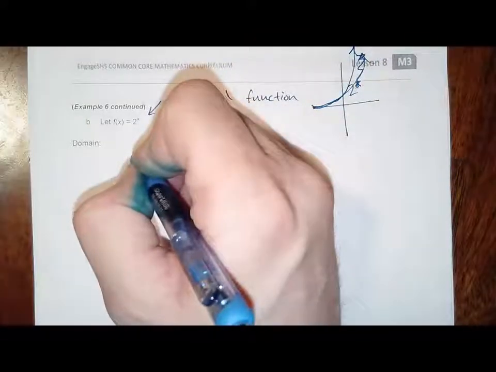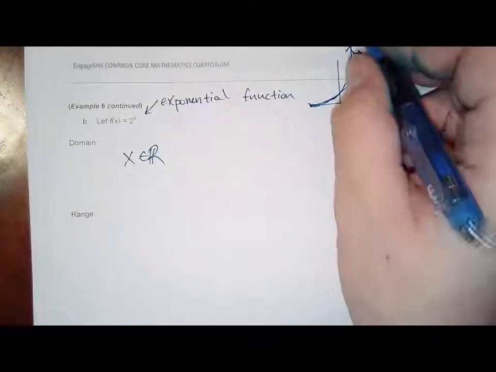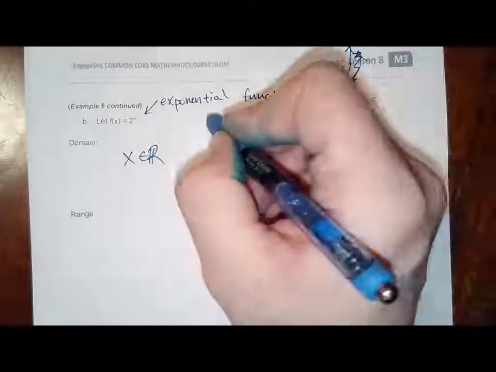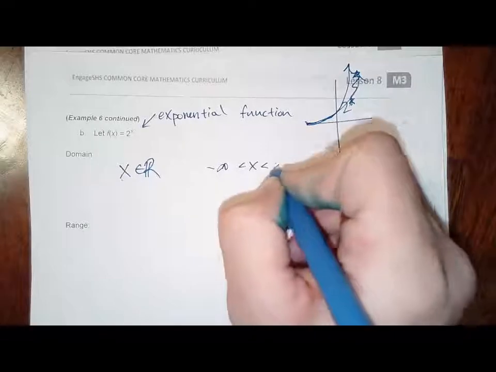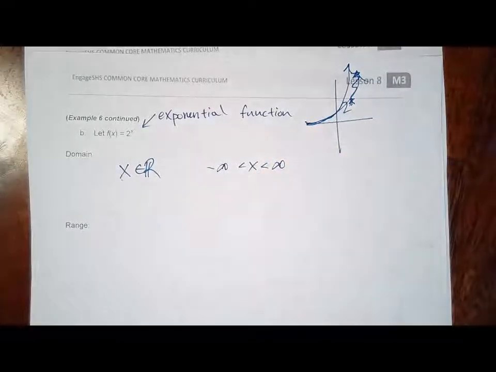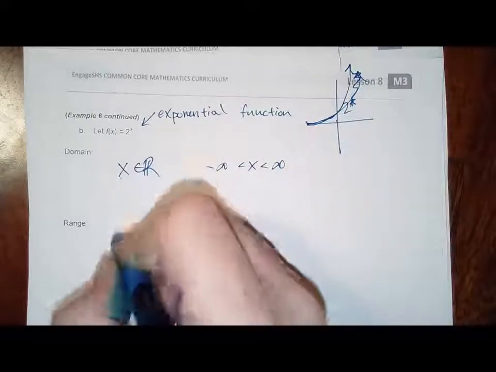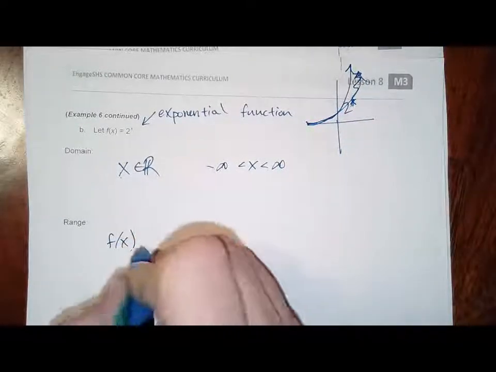Its domain, all reals. It goes up, but it goes to the right. It goes down, but it goes to the left. Never stops in either direction. That was a weird infinity sign. Okay, the range. The range never gets lower than 0, so it's all f of x